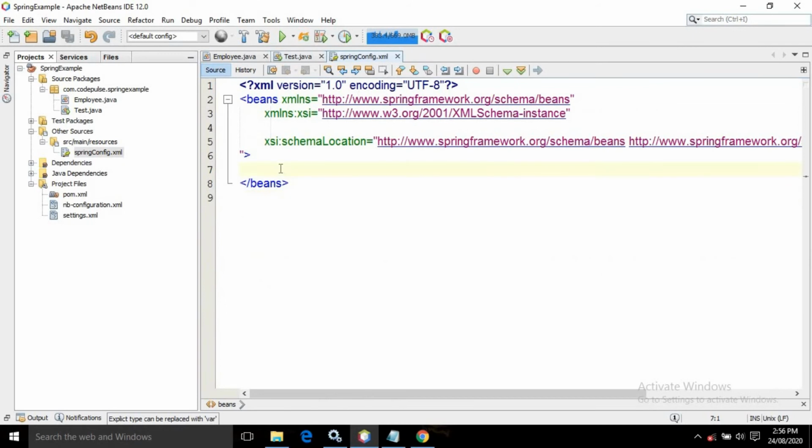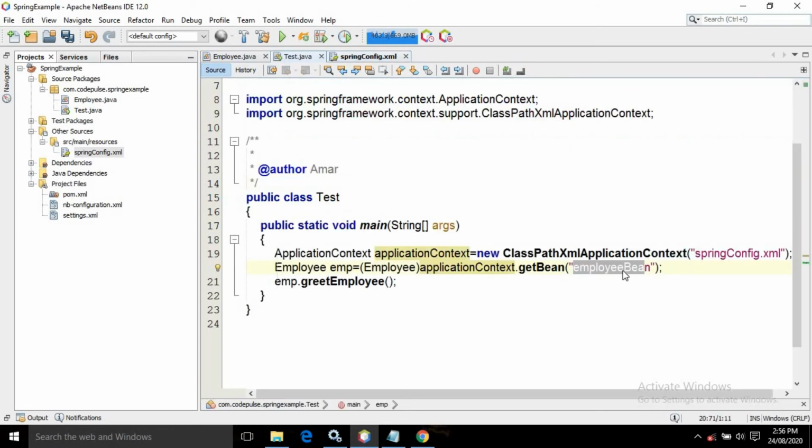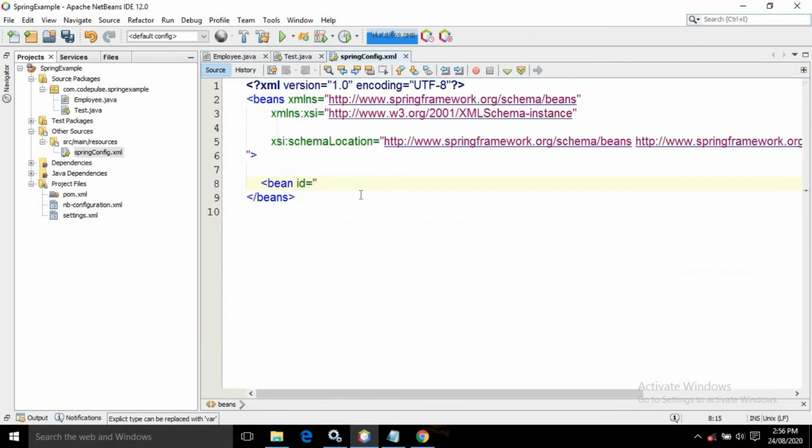To do that, I will write bean, and the bean has an ID. In the ID I need to specify the name which I have written here. Simply copy this, paste it here, and after that I will write class. In the class you will write com.codepulse.springexample.Employee, because I want to create the object of this particular class.